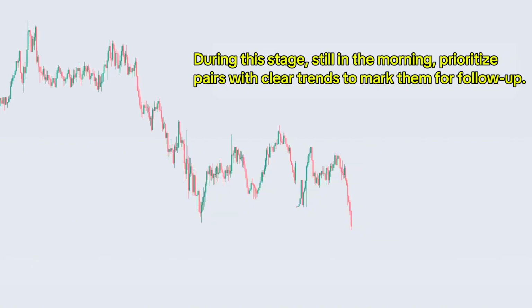Returning to this phase, we see a picture that is currently biased toward the downside. As I mentioned earlier, in the morning, I only need to scan which assets have a clear momentum favoring one side, then mark them for closer observation. Since I can clearly see the momentum shifting to bearish after a prior rally,